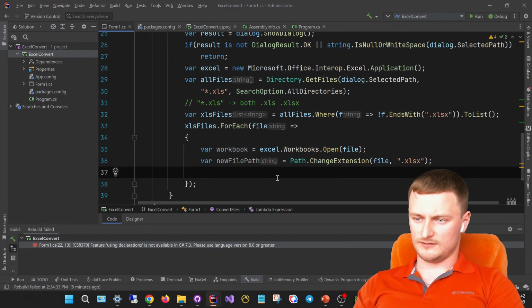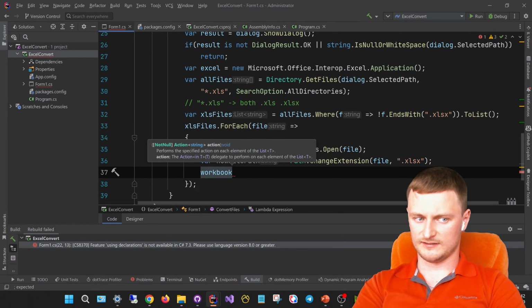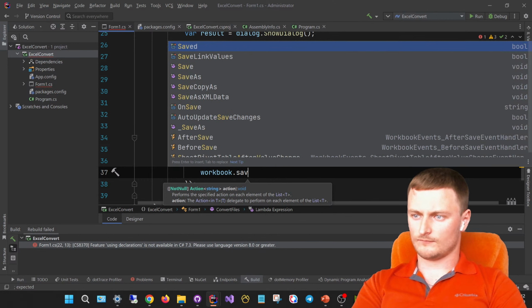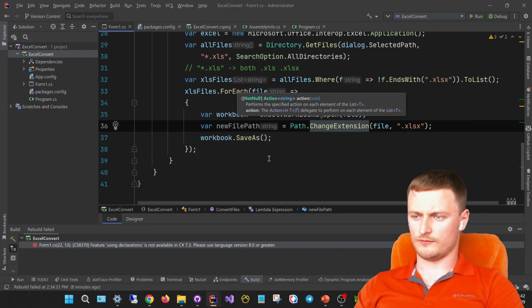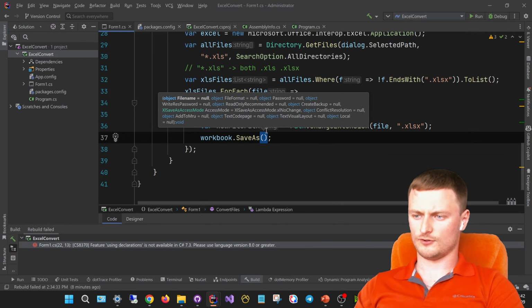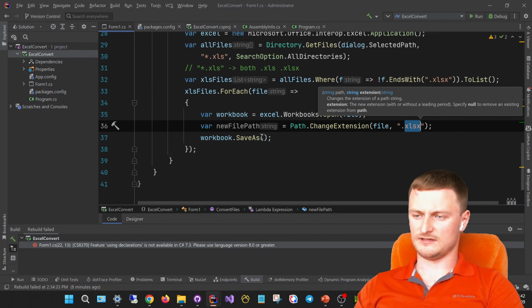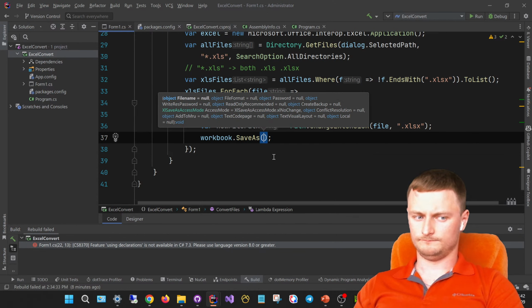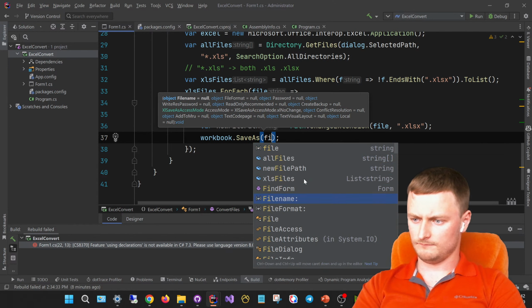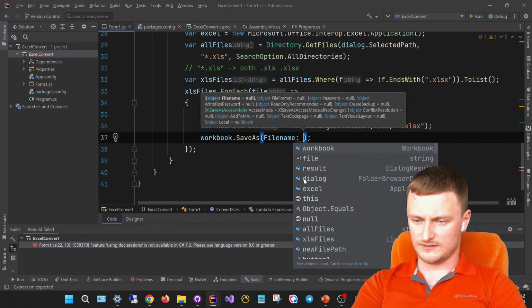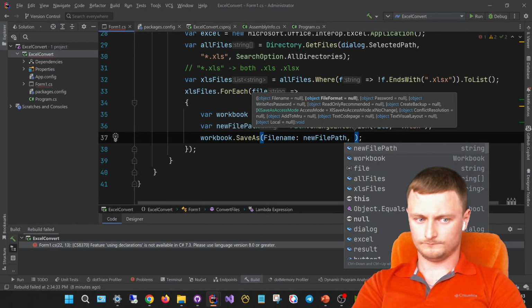Right after that we need to convert the entire content of this workbook as workbook.SaveAs, because we are overwriting the legacy workbooks with the current format ones, xlsx. So workbook SaveAs. Next we need to provide the file name, which will be the new file path, and